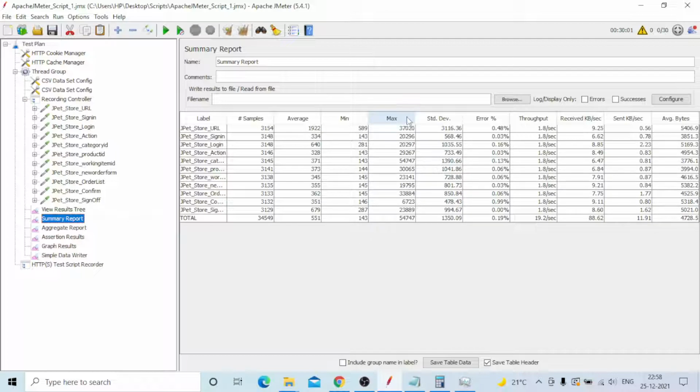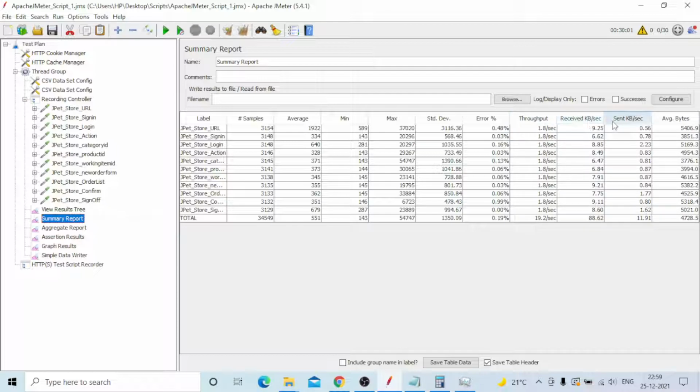The minimum and maximum are very different, but that's not a problem, only the average is considered. Error percentage is 0 everywhere. Throughput is only 1.8, but we were expecting more. You need to drill down into why it did not generate a higher throughput. That is a different story, I will tell you later why it did not generate the throughput.